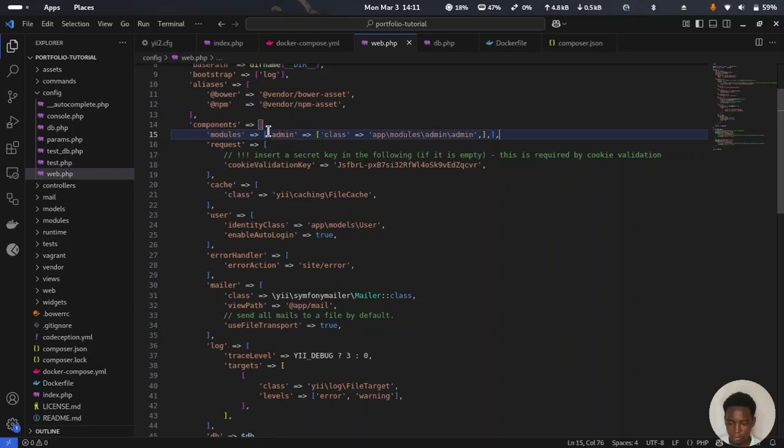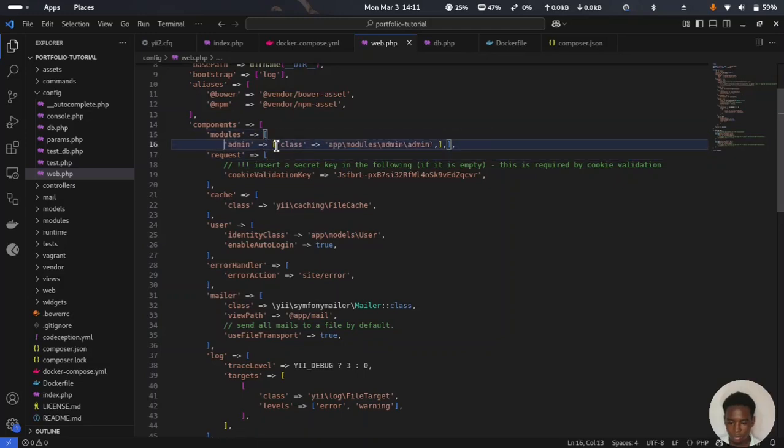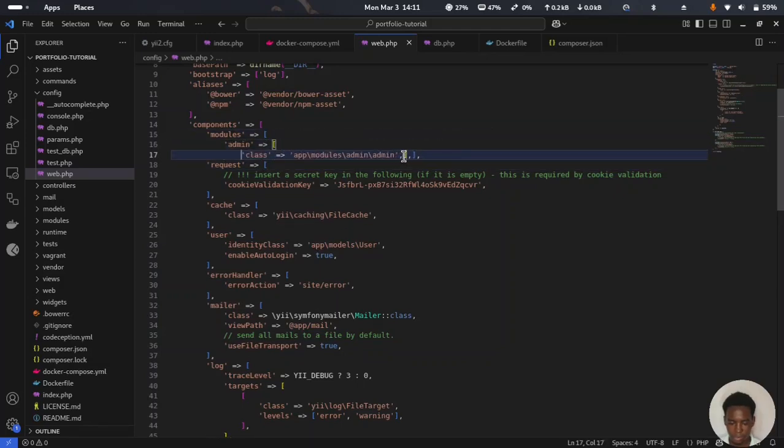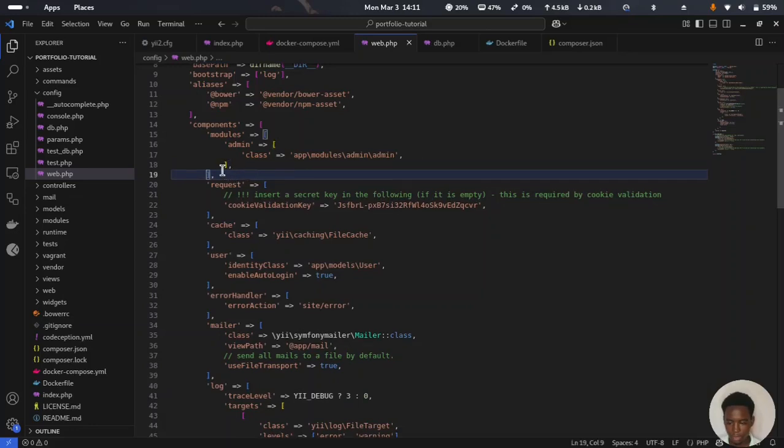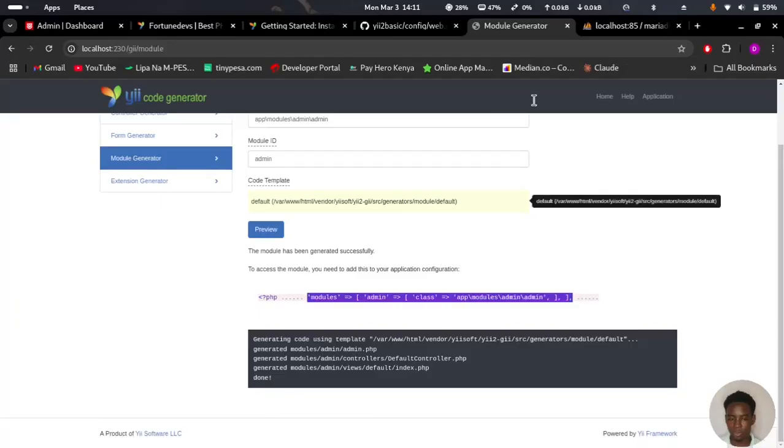Let me structure it much better. Yeah, I guess this is much better. So we have the admin module. To test if it's working, we'll just get to the